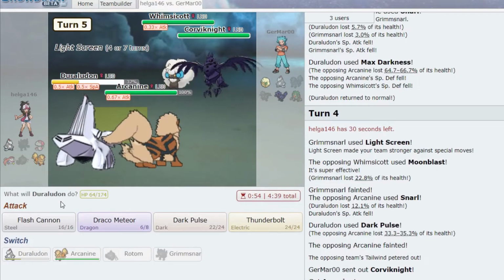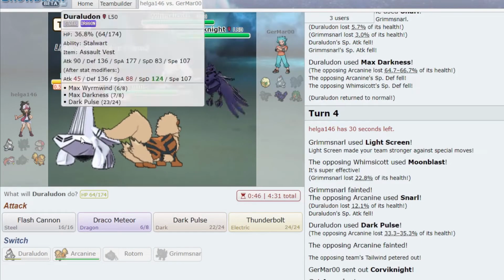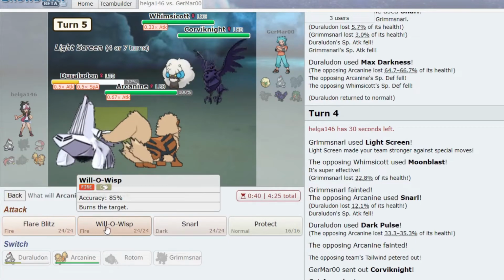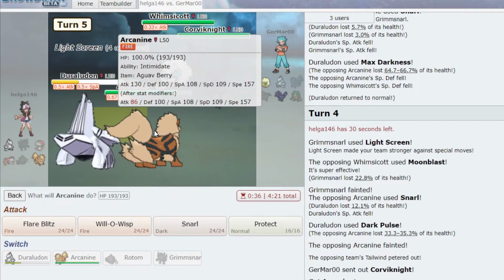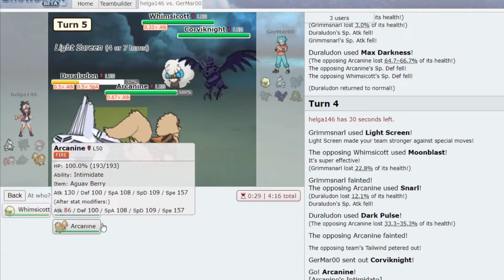It is the Corviknight. He is going to go for the Body Press. And he's going to Moonblast. If he's not fast, I don't think this matters. So what I can do is I can just double the Corviknight with both a... I don't know. I actually don't know what I want to do here. Would I rather get rid of the Whimsicott, or would I want to get rid of the Corviknight